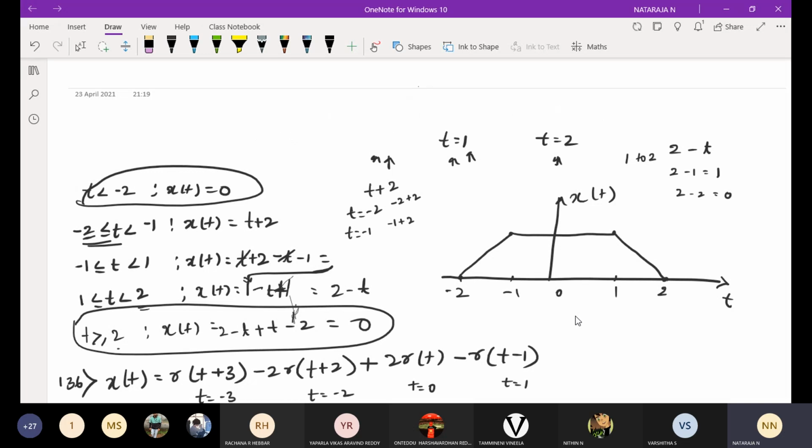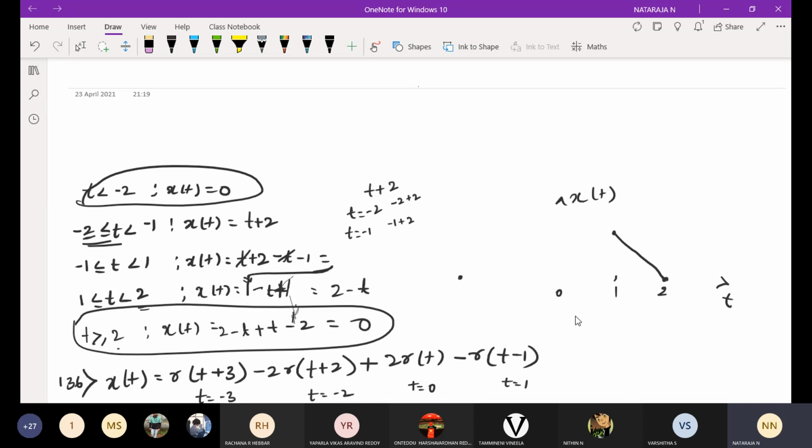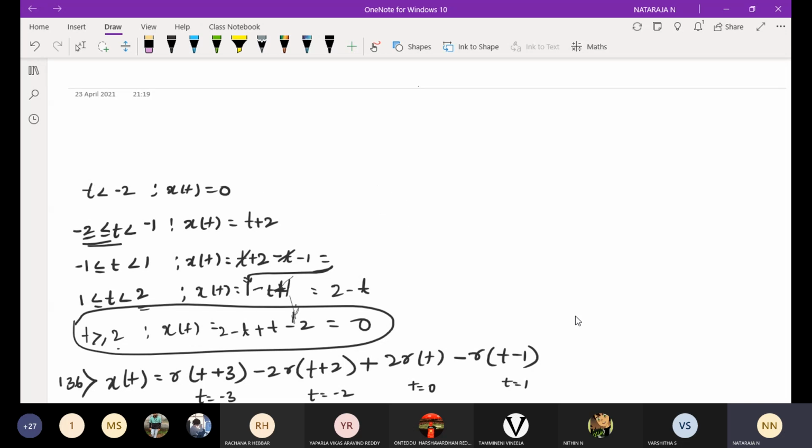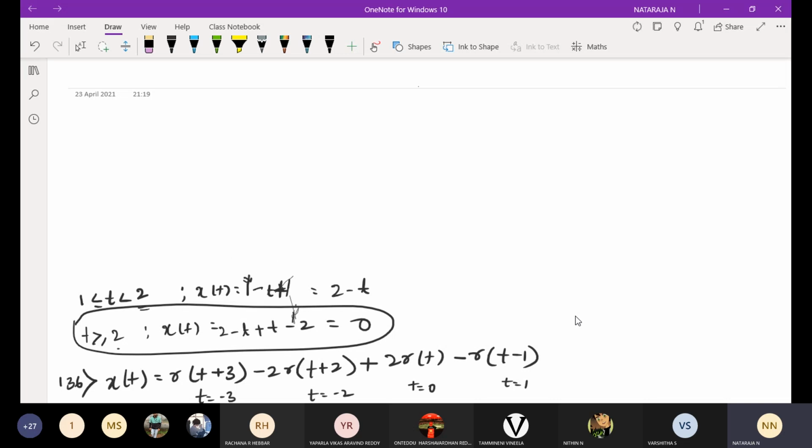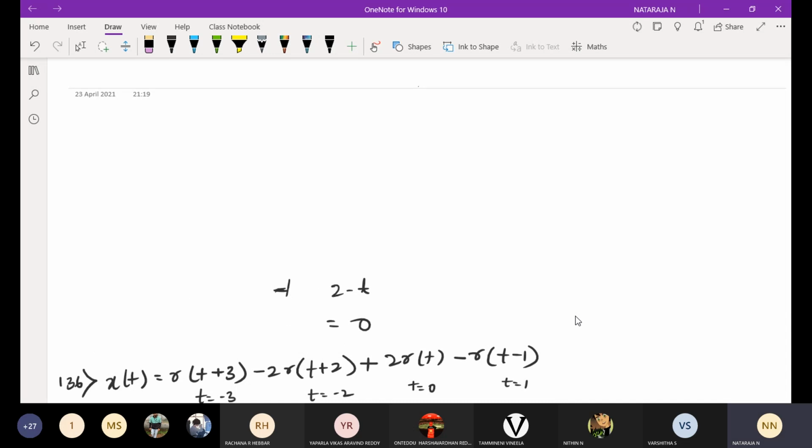We'll discuss graphical representation for even and odd signals. Whatever the mathematical representations we already discussed for even and odd signals, but graphical representation we didn't discuss, because we need to study time shifting and time scaling. Then only can we discuss reflection and everything. That is why I skipped it. Now that we have already discussed elementary signals and operations on signals, we can discuss even and odd functions for the graphical representation of the signals.